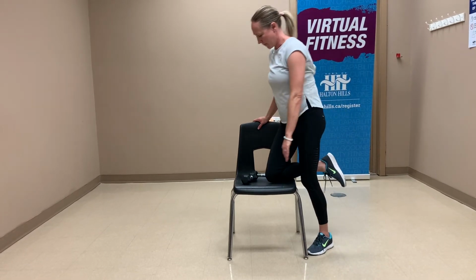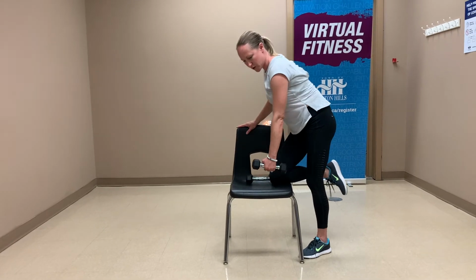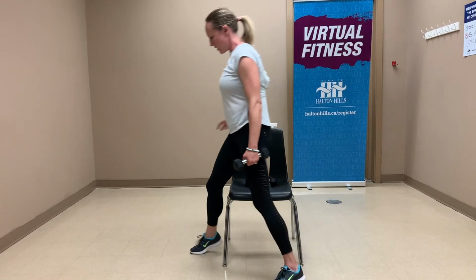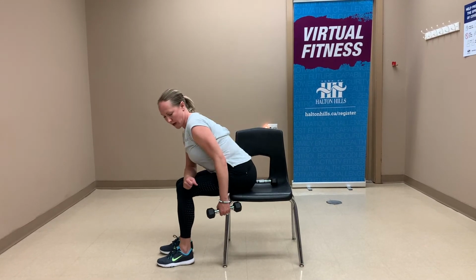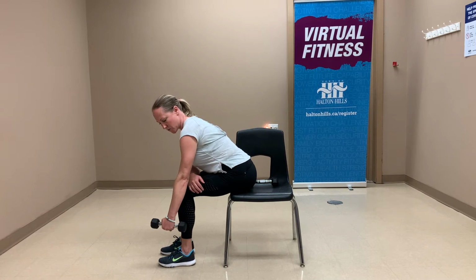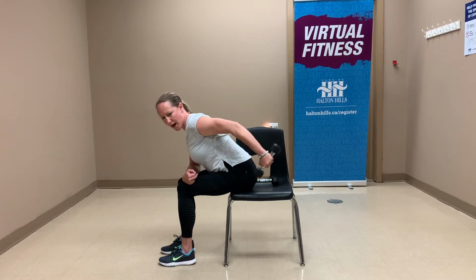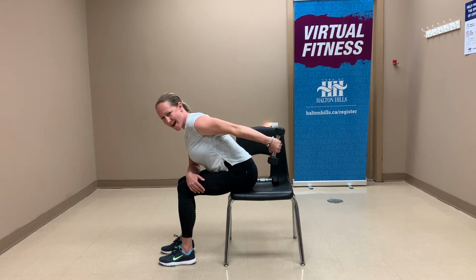So again, you can either have your knee on the chair, and you can be holding onto the chair. You just want your chest tipping forward. For this one, I'll demonstrate it on the chair, and then I'll do the next set with half on, half off. So again, we're doing that motion. The row goes up, like starting a lawnmower, then kicking back for the tricep. Let's do them together. So that's 9,